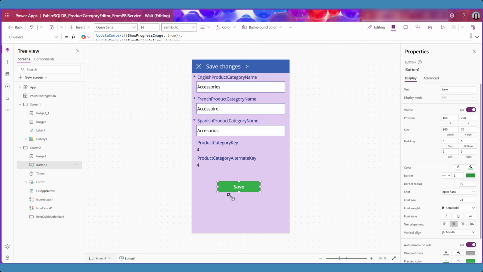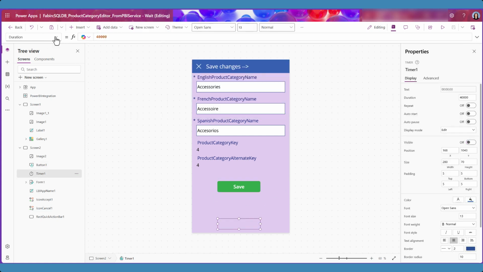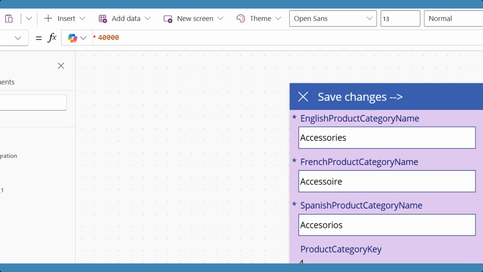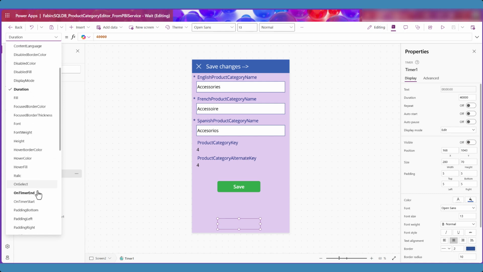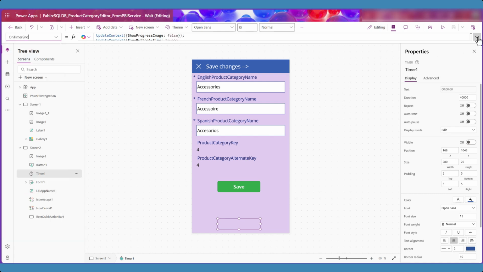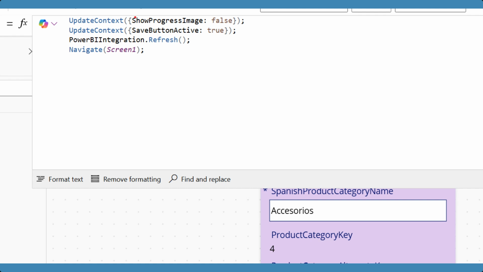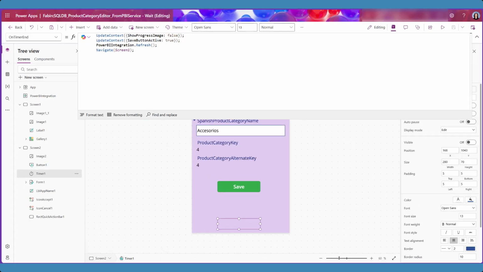And then if you look at the timer again, you can see that its duration in my case is actually set to 40 seconds. And if you look down here, whenever the timer ends, that's when I will make the image's visibility toggle to false. So we want that graphic to go away. We want our save button to be activated again. And then this is where I trigger the page refresh. So I wait for the changes to finish before I refresh my page,